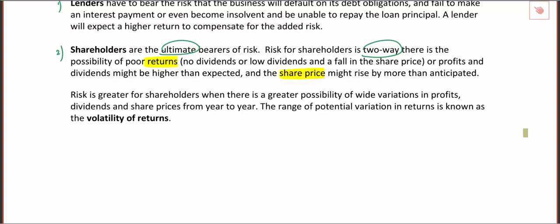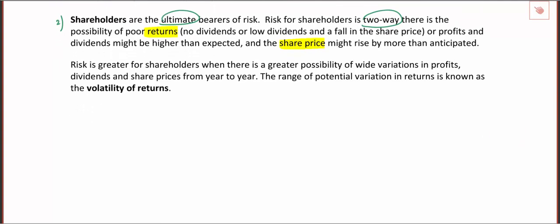Now, what doesn't help is that because there's no fixed interest or fixed dividend that a shareholder receives, they have a high volatility of returns. So it can be quite difficult to predict what's going to happen, and that's why lots of emphasis is put on, well, even if the business is doing poorly, perhaps we should consider paying out the normal dividend, just to make sure that shareholders are relatively happy and that the market is fairly confident in us going forward.